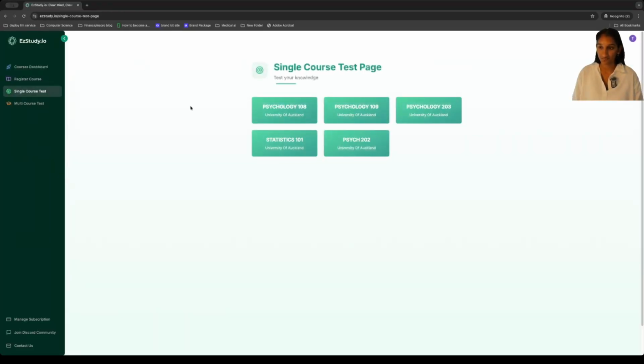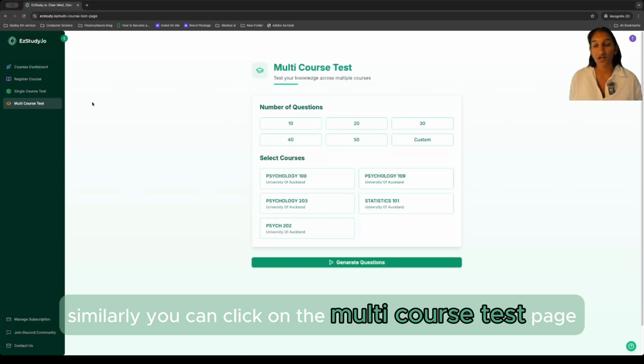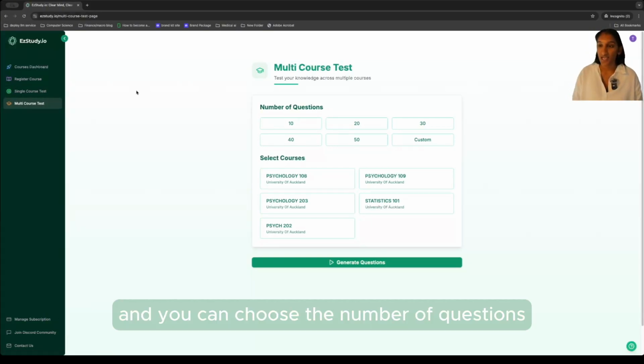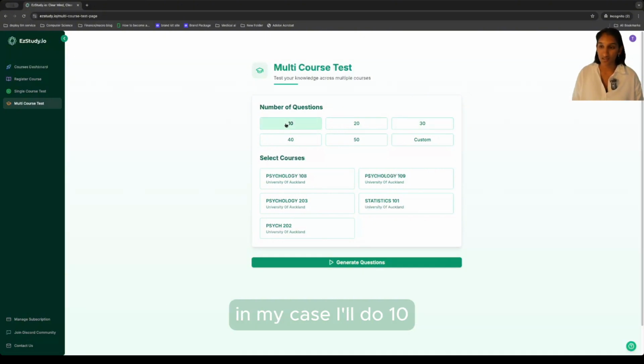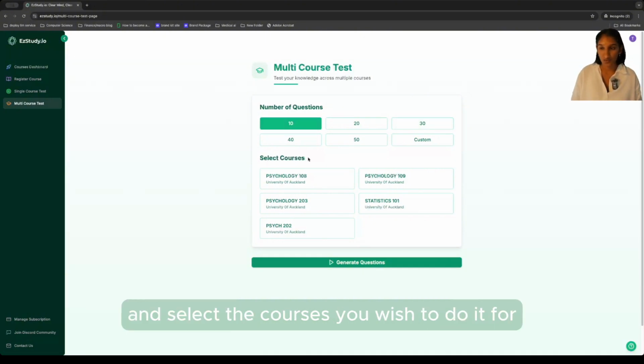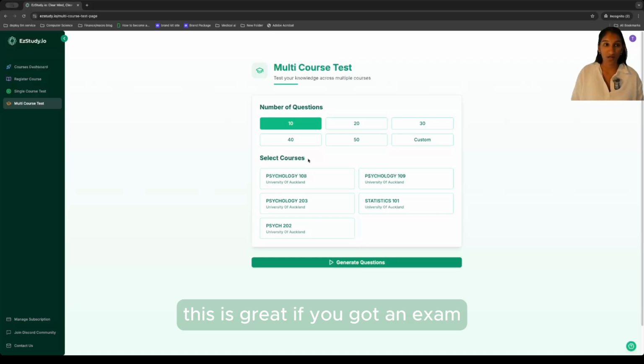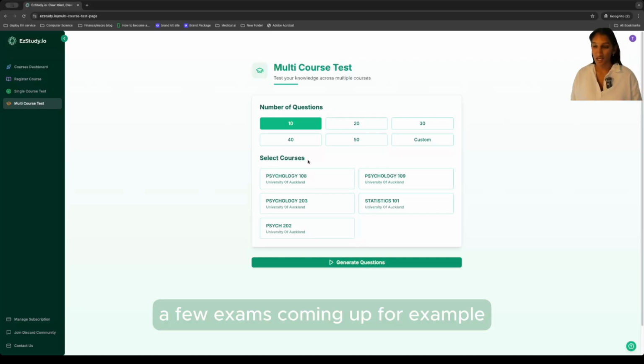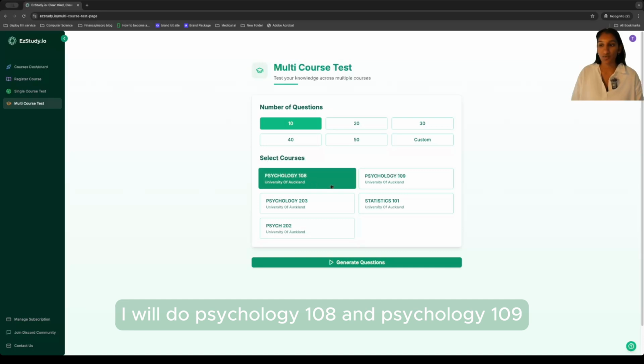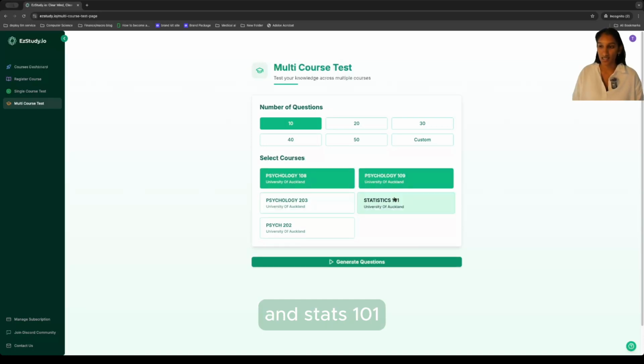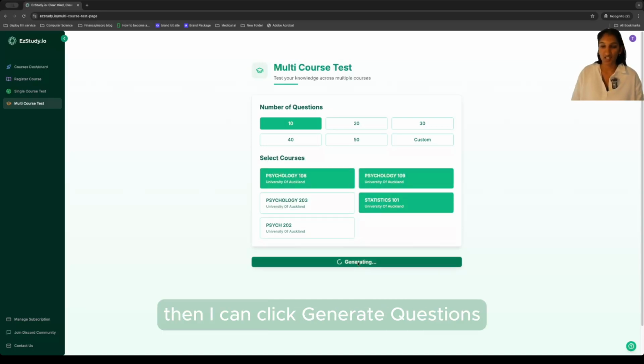Similarly, you can click on the multi-course test page, and you can choose the number of questions you'd like to do. For example, in my case, I'll do 10, and select the courses you wish to do it for. This is great if you've got a few exams coming up. For example, I will do Psychology 108 and Psychology 109 and Stats 101. Then I can click Generate Questions,